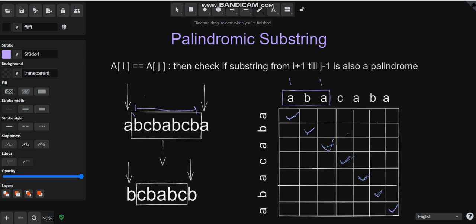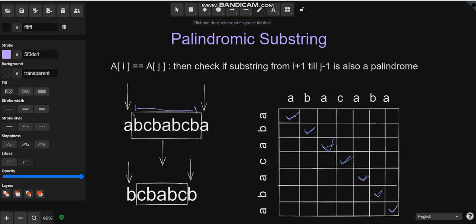Similarly, if you try to understand this particular box, it is very similar to this one. It starts from B and goes up till here, where the first pointer is here and the second pointer is here. This is very important to understand. Only when you understand this, you will understand the whole approach.